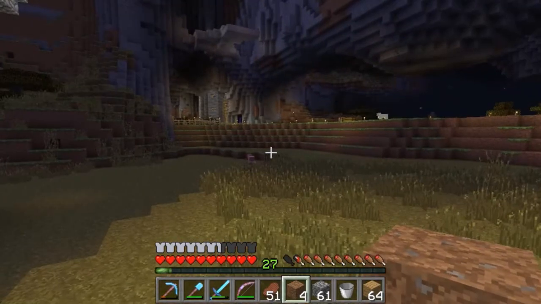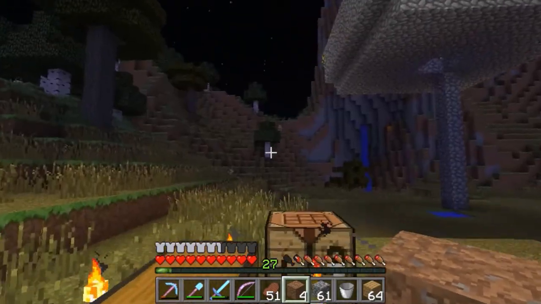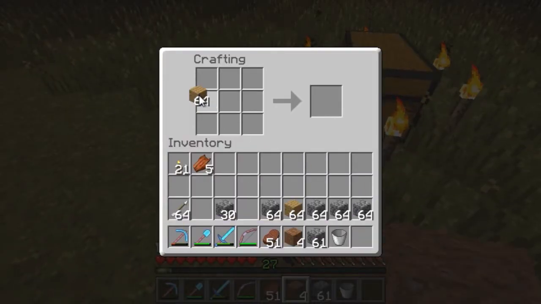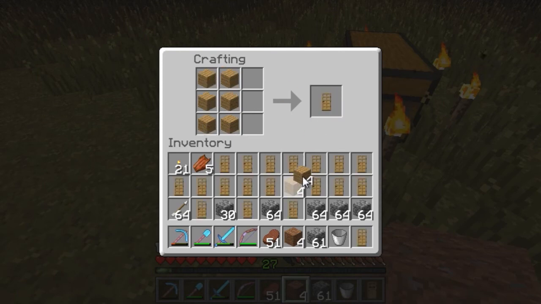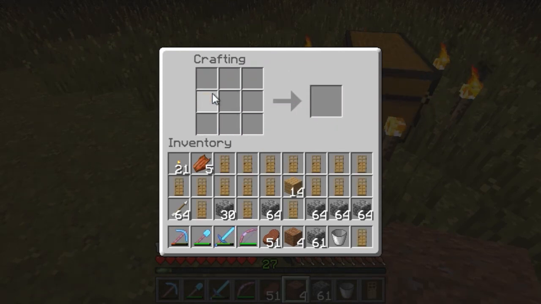Oh, I need... Basically, we are at the point where I think we need the doors. So, we need 40 doors in total. We are not going to have enough. God damn it. Right, we're going to have to do